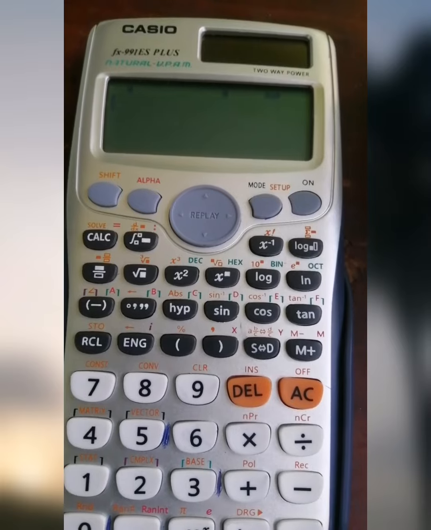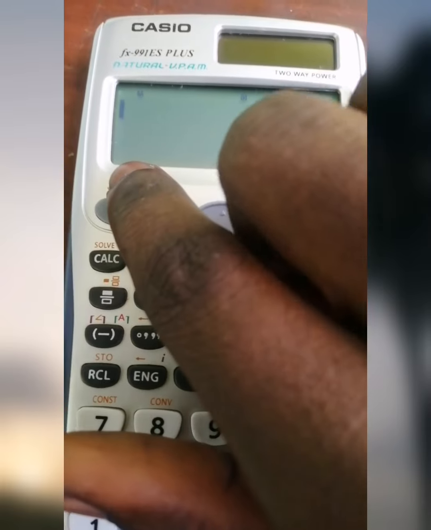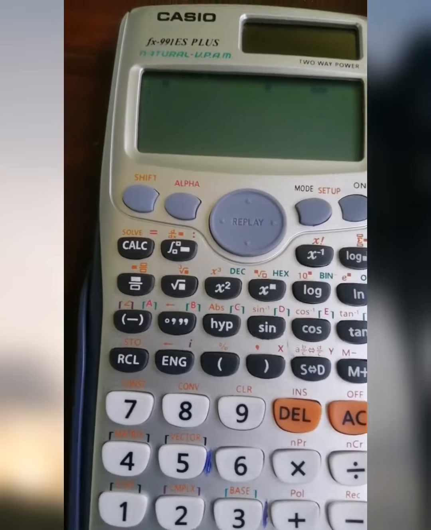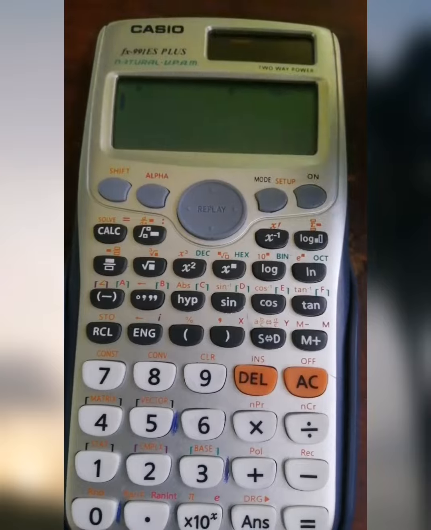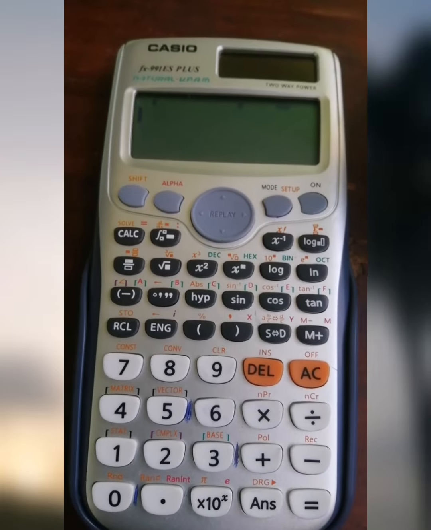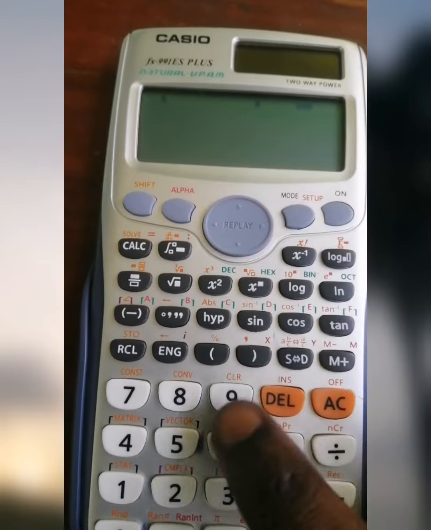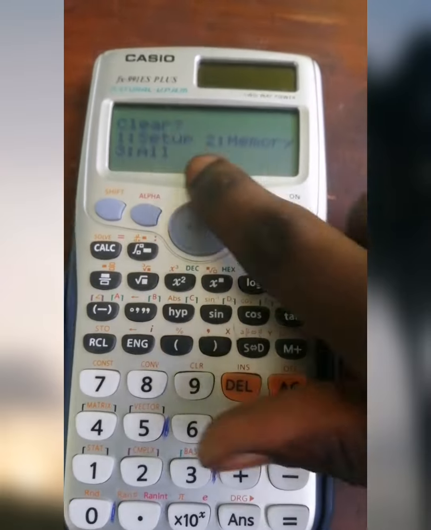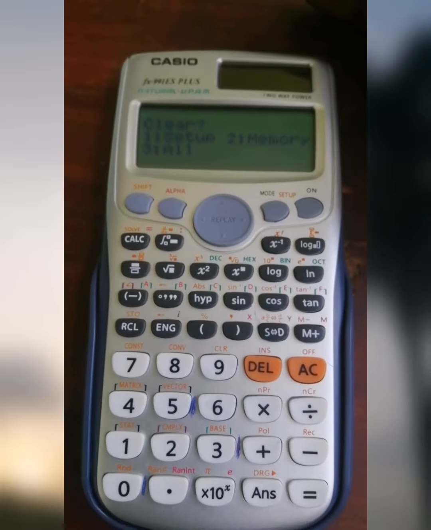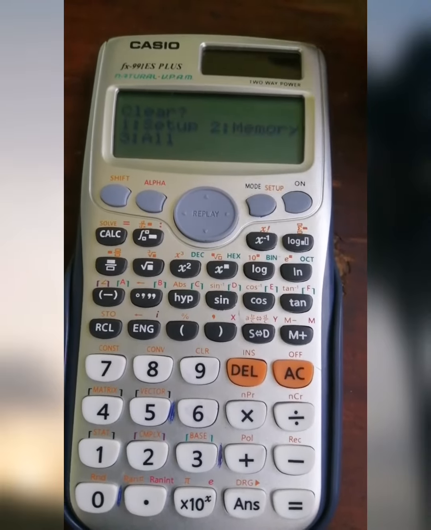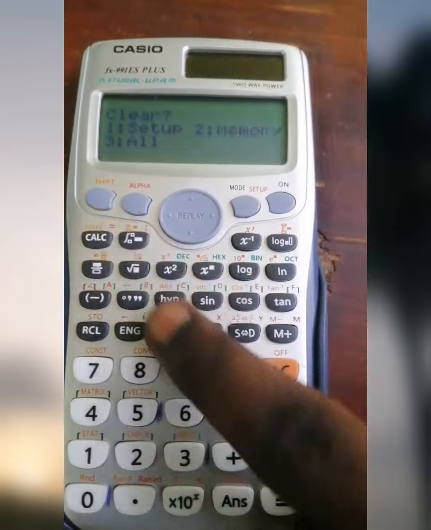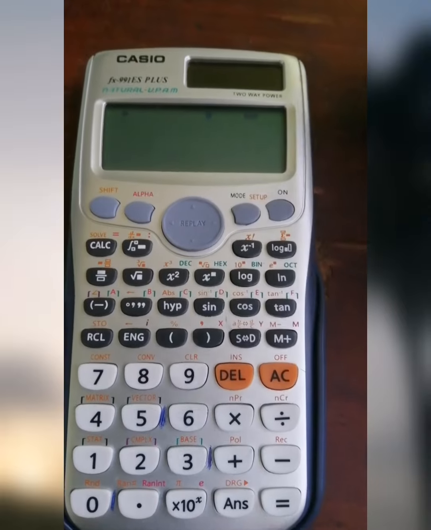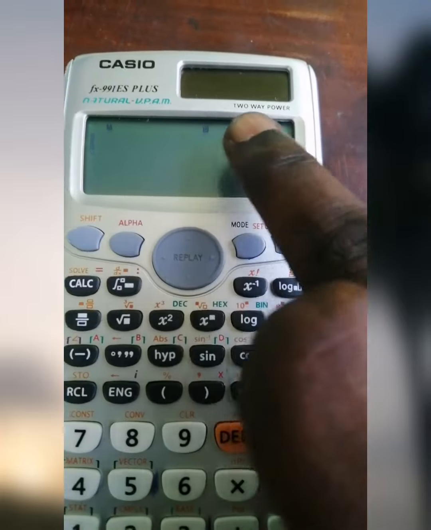If you want to turn off the calculator, the shift key goes with off, so you turn it off when you press it. The shift and the alpha are combination keys that always work hand in hand with their colors. Maybe I want to clear the calculator. You can see there's 9 here, so you press shift and press clear. This means that you want to set up the calculator. Maybe someone has put the calculator in a state you don't understand and it's not giving you the right results. You can just press shift and clear, and it will set up your calculator to the version you want, which is the M, D, and